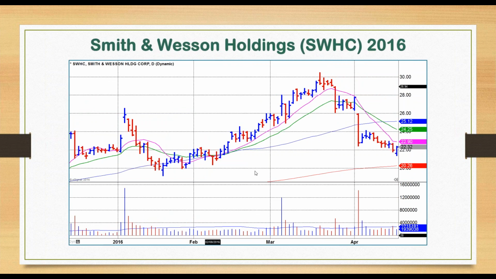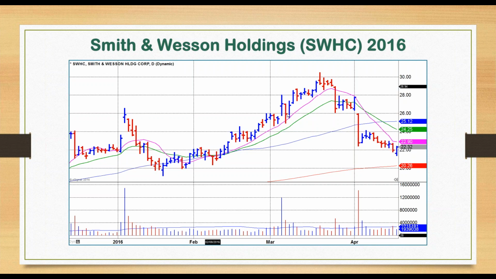Let's look at Smith & Wesson. This is one where it broke out up here and had a nice, say 20% move up to the 30 level, maybe 15, 16, 17, depending on where you might have sold it. But you see you have the breakout here, and the stock pulls back to the 10-day, so I'd look to